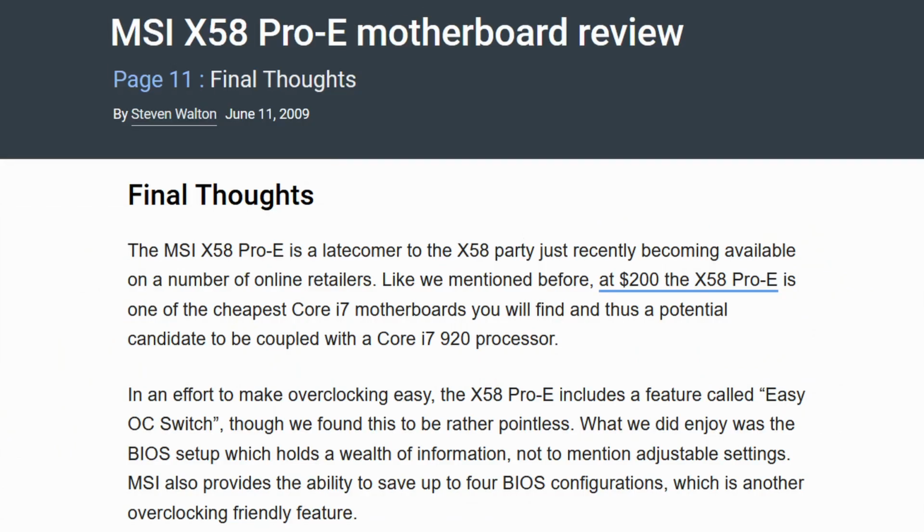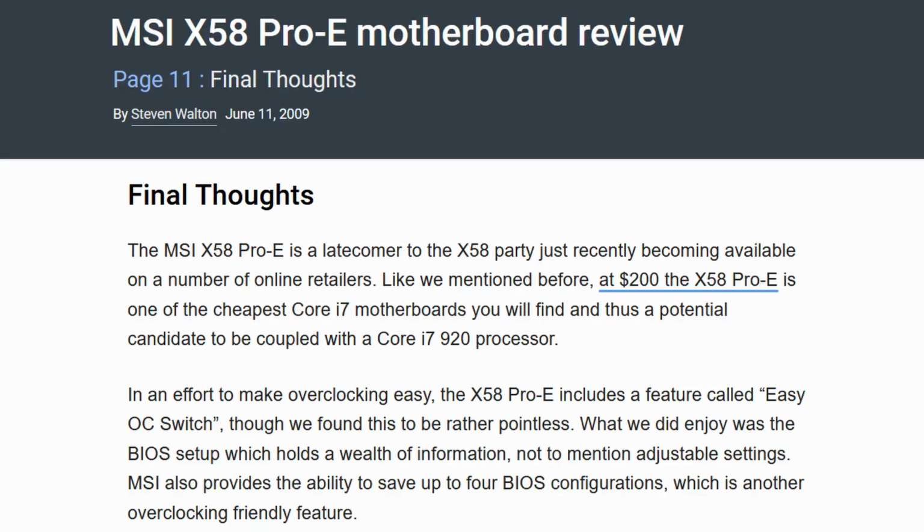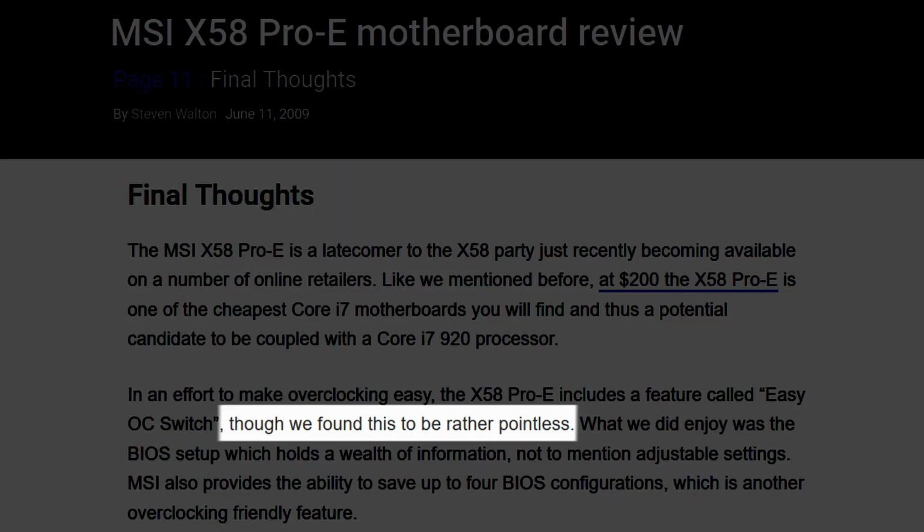Not all reviewers agreed with MSI. Steve Walton from TechSpot, nowadays at Hardware Unboxed, found the feature to be, quote, rather pointless. Regardless, MSI continued its mission to provide novice users with an easy way to overclock the CPU and improve system performance. In September 2009, Intel launched the P55 chipset for LGA 1156 processors, and MSI came with something totally new,